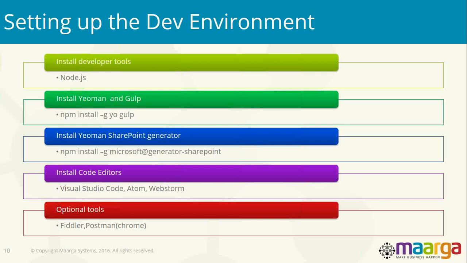We also need to install Yeoman and Gulp, where Yeoman is a plugin that hosts all the templates for SharePoint and other templates when needed. Gulp is basically like a task manager, where it builds. It also minifies the JS and the CSS files, bundles them together, and packages them. We don't need another tool to minify our JS or CSS files